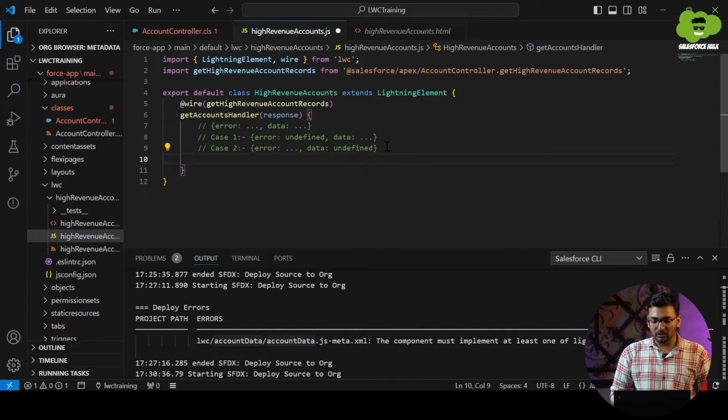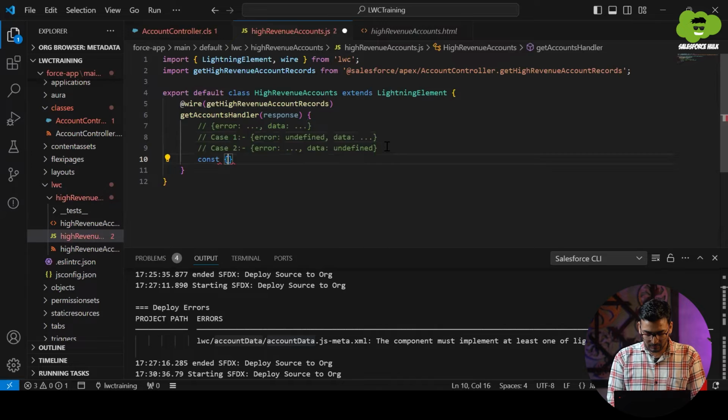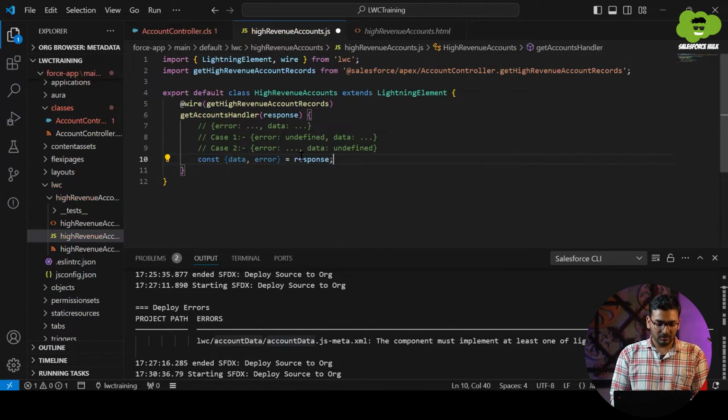So what we need to do is, here in this handler we need to consider all the cases, and accordingly we have to write the code. So what we will be doing is, we will be first of all creating two variables. One is data, second is error. And we are going to assign both of them with the data and the error within this response parameter.